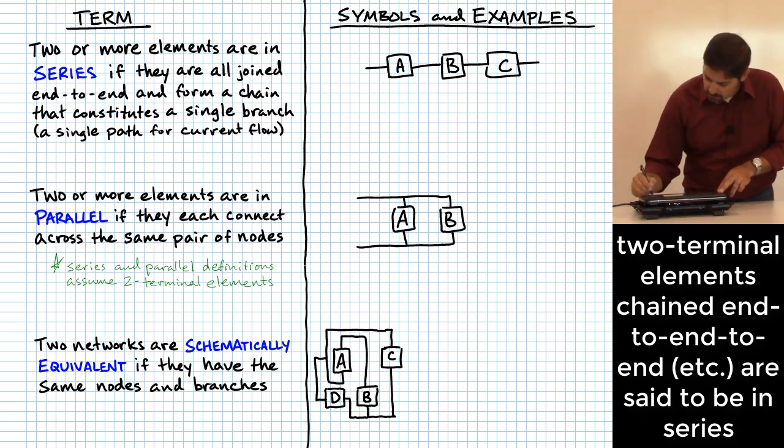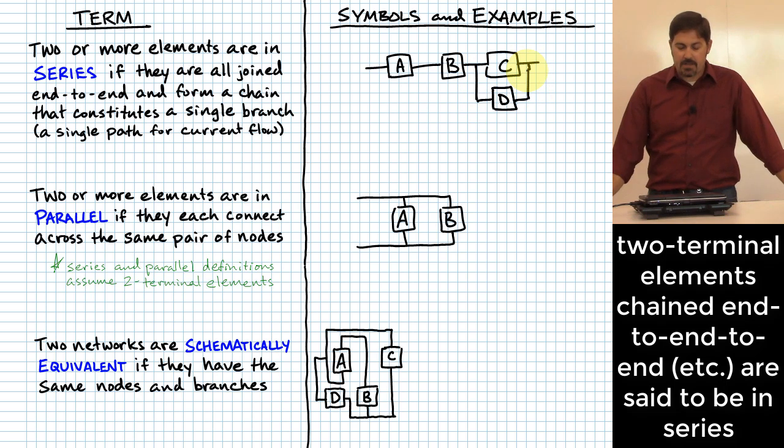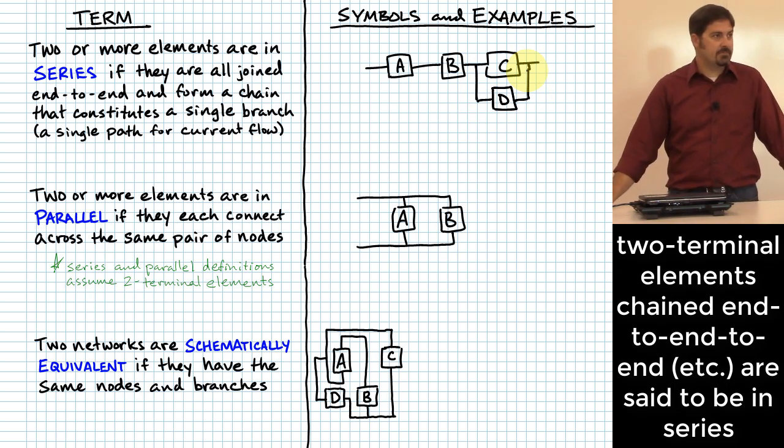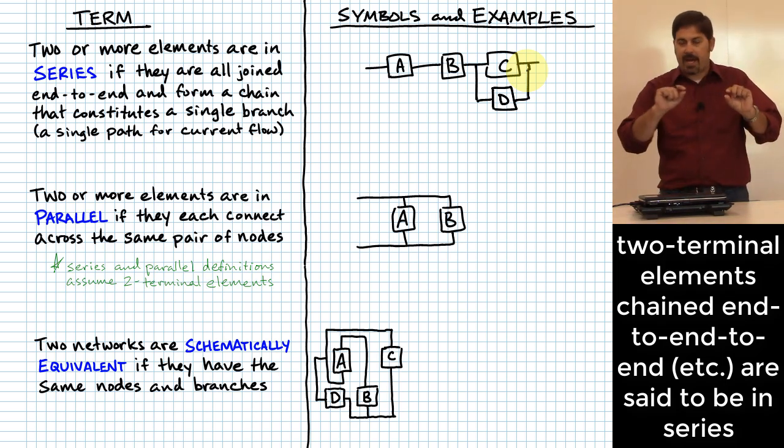Probably so, right? What if I did this? What if I put another element right here? Are A, B, and C still in series? They are no longer in series. Are A and B still in series? They are, okay? So you have to be careful of this and say there has to be an exclusive path